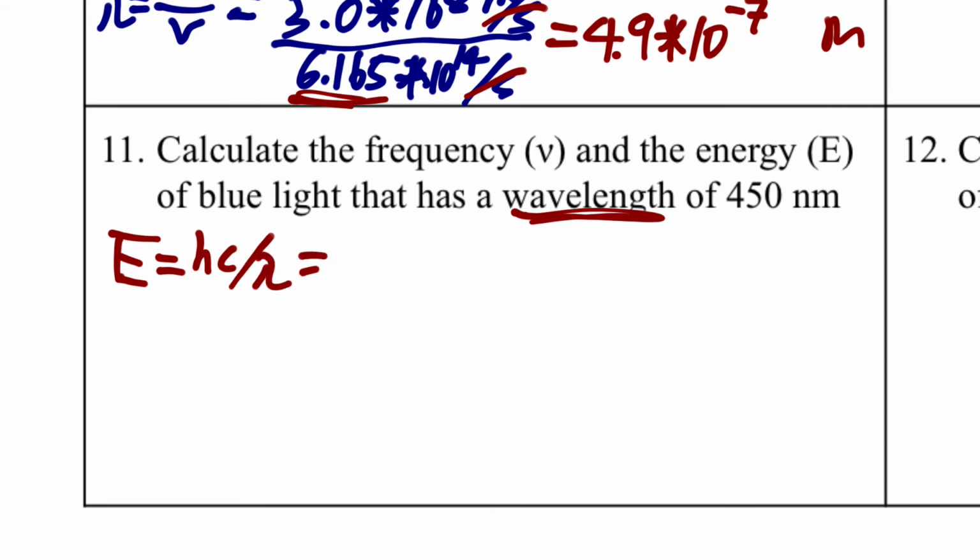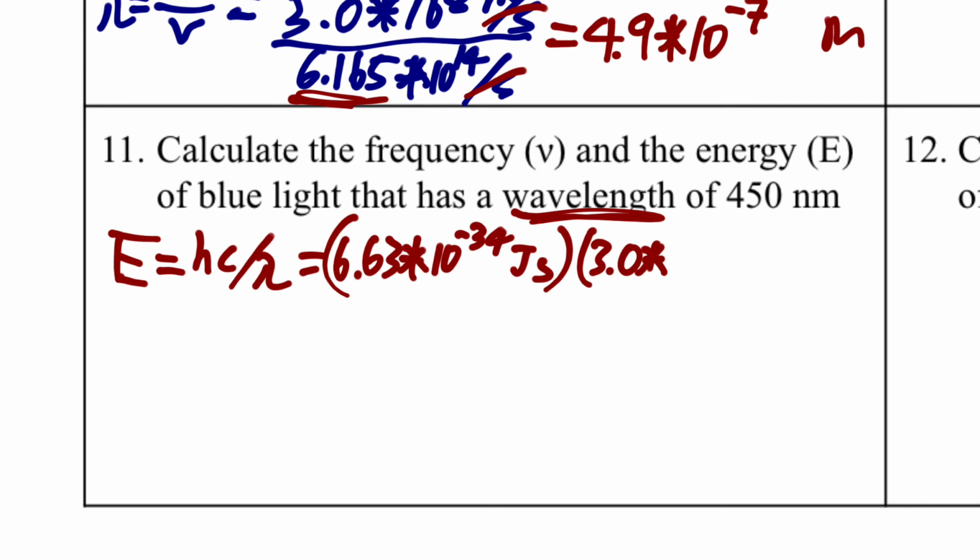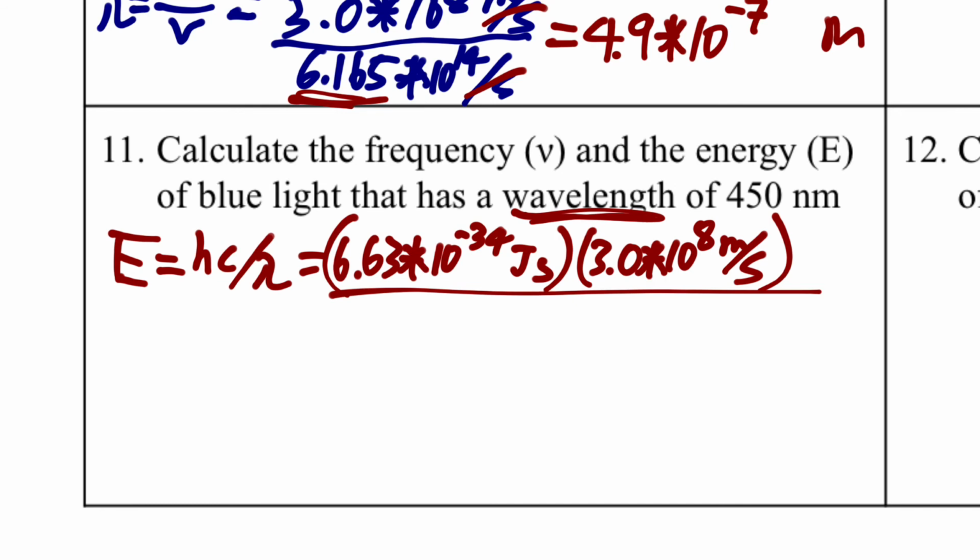What you want to do is make sure you have all the parts. 6.63 times 10 to the negative 34th joules second times 3.0 times 10 to the 8th power meters per second, all divided by the lambda, which is 450 nanometers,